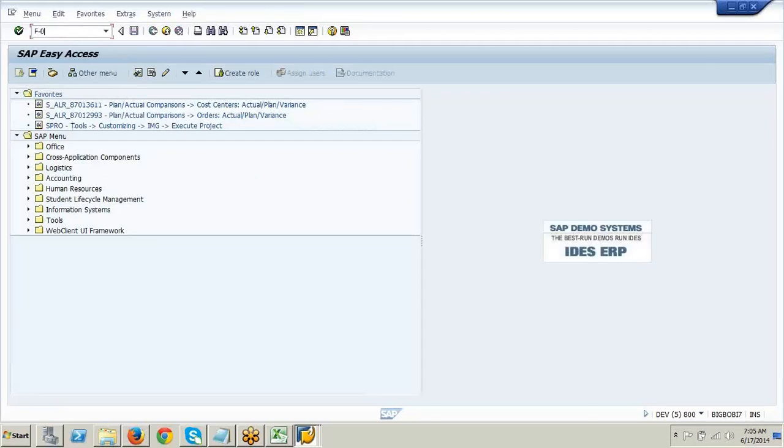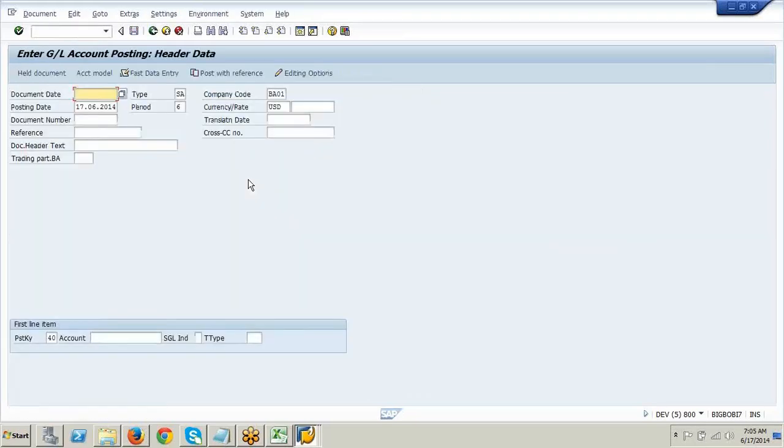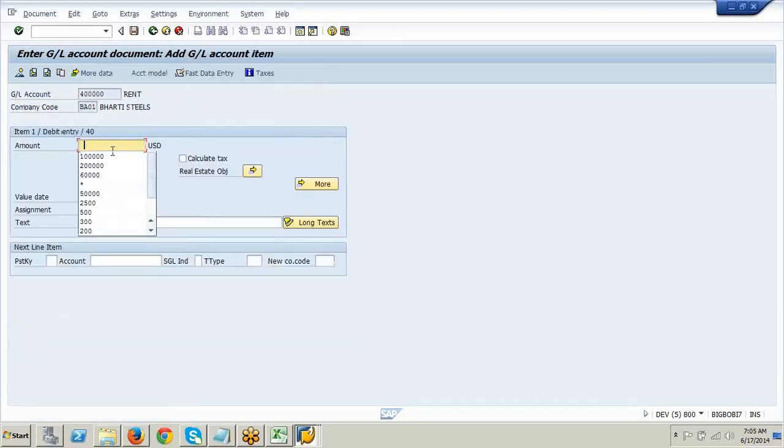F-02. Now let's say I'm posting on 10/01/2014. I'm posting to rent. Rent, enter. Some amount, let's say 2,500.